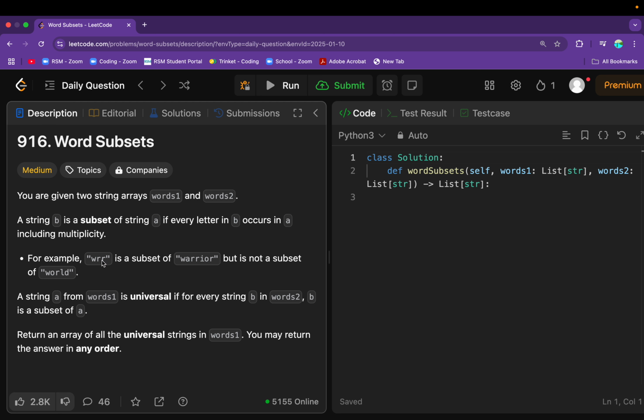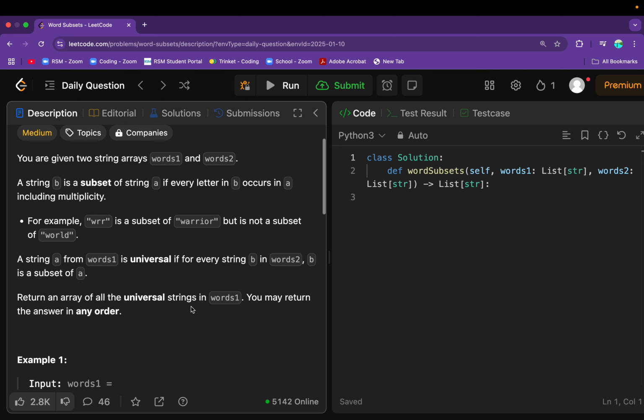Basically, we have the same frequency of R, and we have the same frequency of W, which are all the characters we have in this string WRR. That's why, since world doesn't have two R's, it's not a superstring of WRR, but WRR is actually a subset of warrior. So a string A from words 1 is called universal, for every string B, as we're going to call it in this problem,